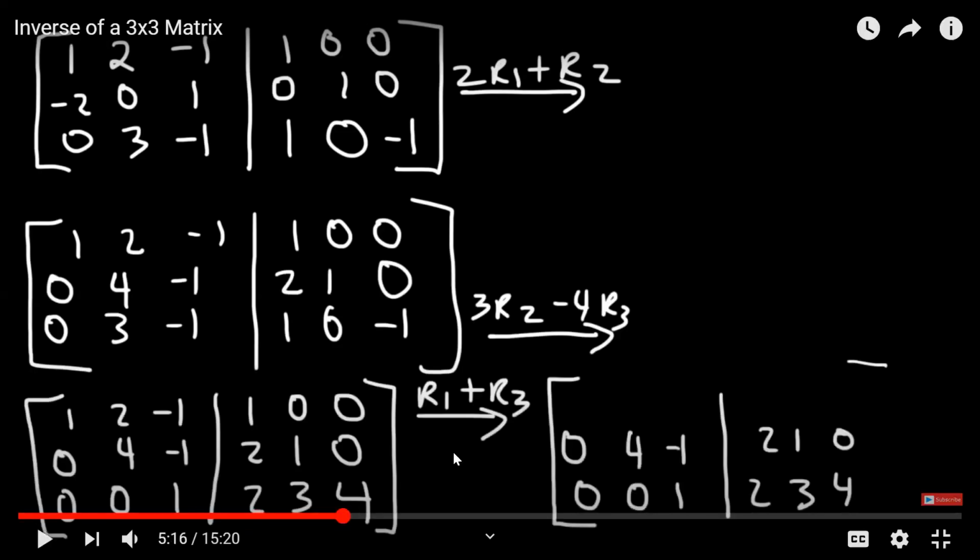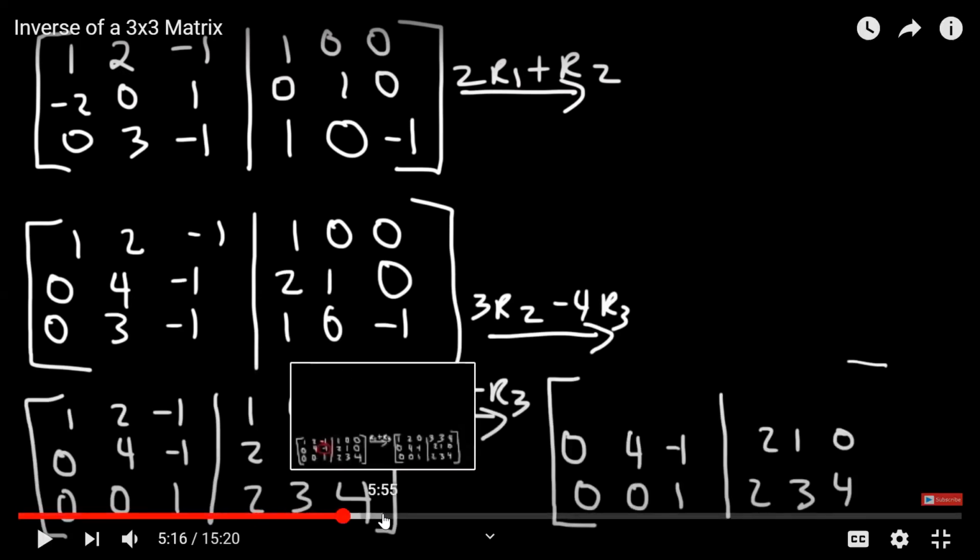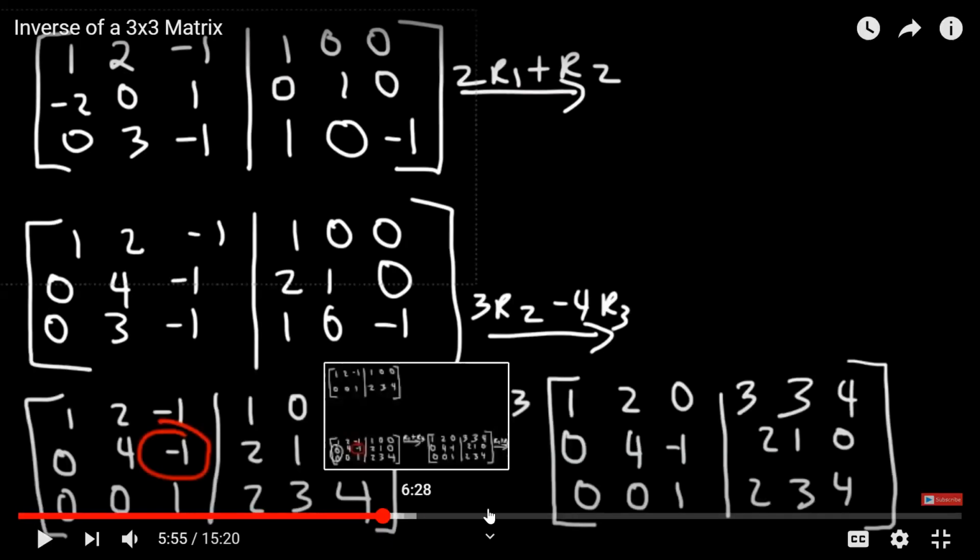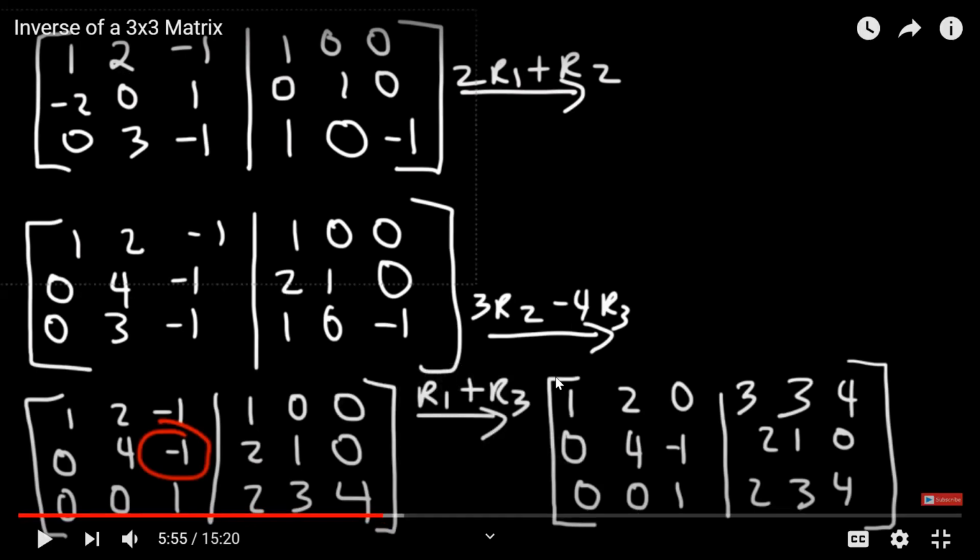And then we do R1 plus R3. And as you can see now, we are getting into a better position, because now we have a one appearing, and then zeros are appearing down. So we are kind of going toward the identity matrix, because we have to make this part the identity matrix. We don't care about this one. It will just tag along. So we will be processing the whole matrix, but we are not bothered by what happens to the other side of the vertical bar. We're only concerned with the left side of the vertical bar.